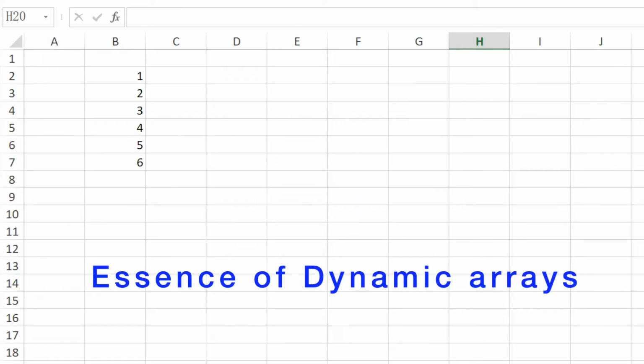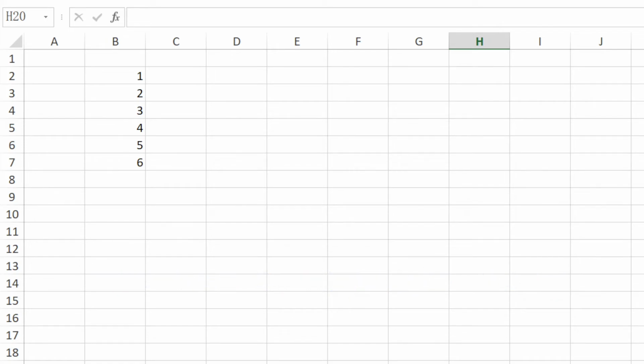Now let's discuss what's the essence of dynamic arrays. Let's recall the behavior of the same formulas in older versions of Excel. Here I'm using Excel 2013. In cell C2, we write =B2:B7+10. Enter.